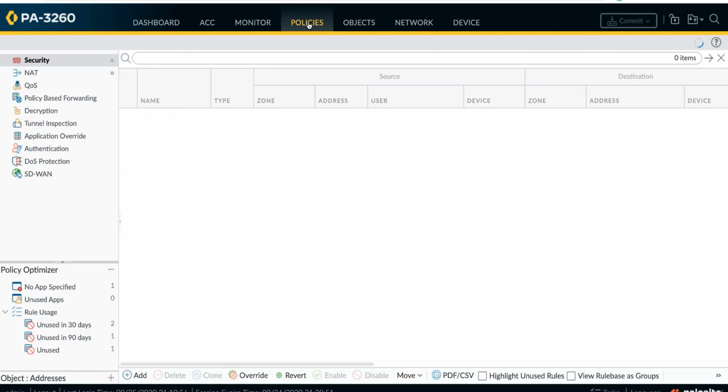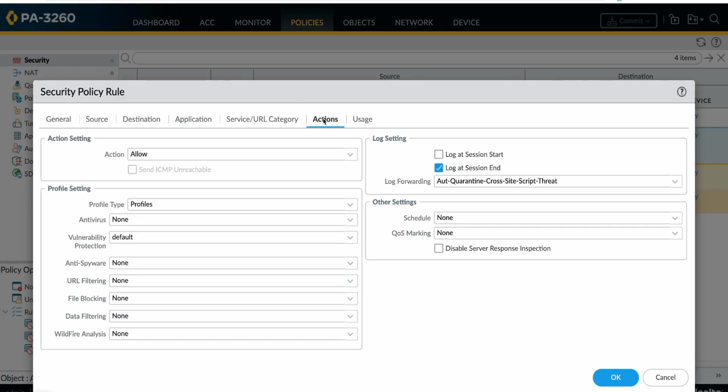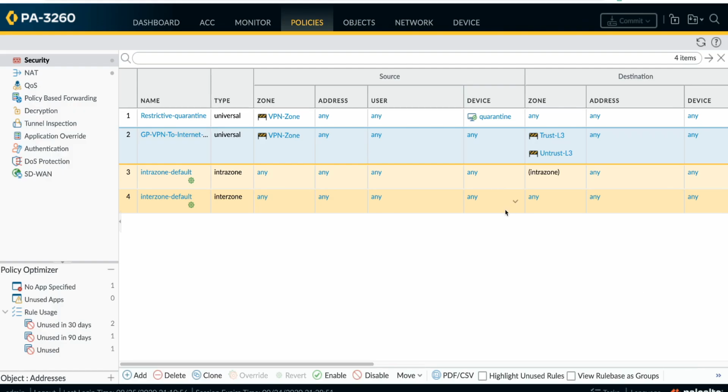This log forwarding profile is then applied to the security policy for it to take effect. Once the log forwarding profile is applied to the security policy, it will be applicable to the traffic which matches this security policy.